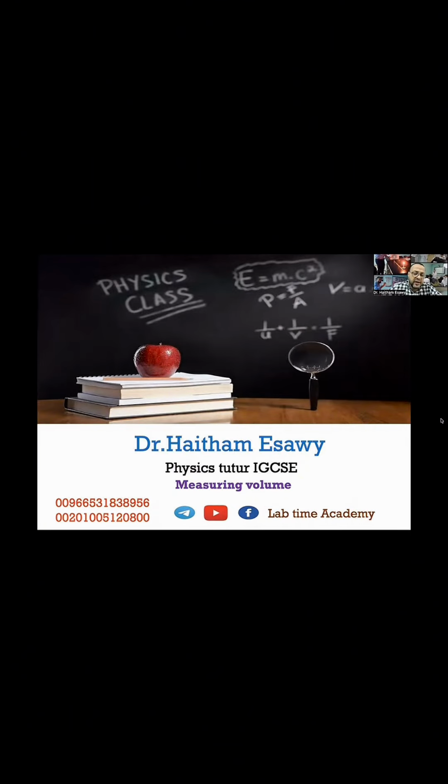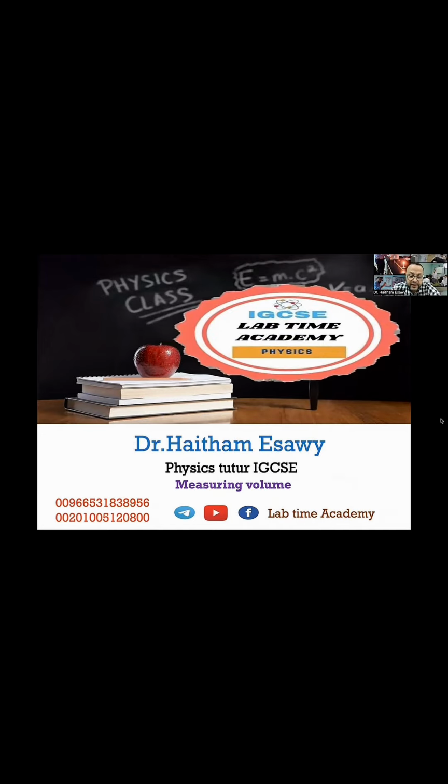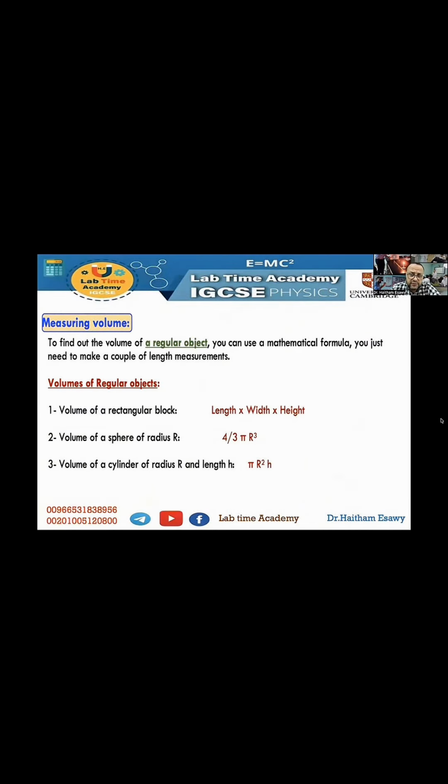We have regular objects and we have irregular objects. Regular objects have a definite shape. Actually, we can use a mathematical formula to measure the volume of these objects. For example, if we have a rectangular block, you can use length times width times height. And the volume of a sphere that has radius r will be 4/3 πr³. And if we have a cylinder that has radius r and height h, the volume will be πr²